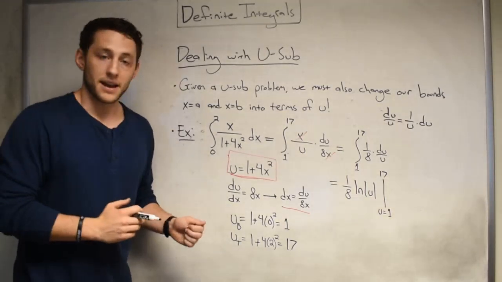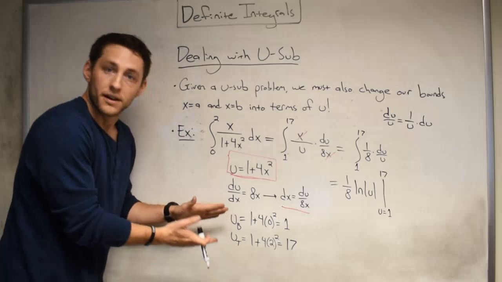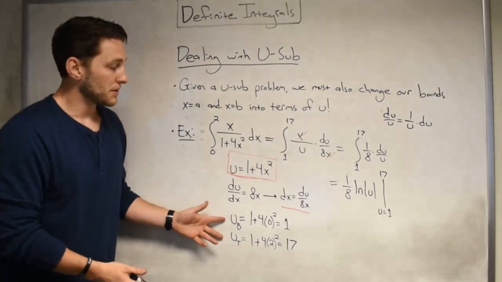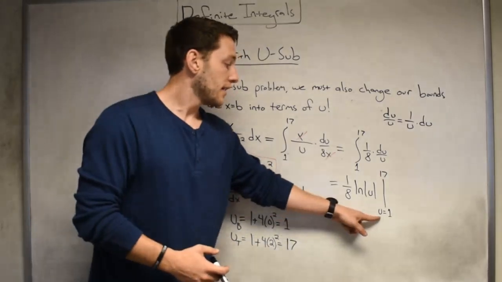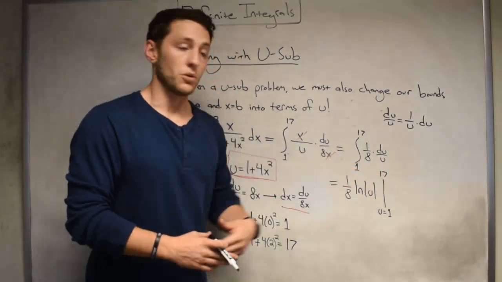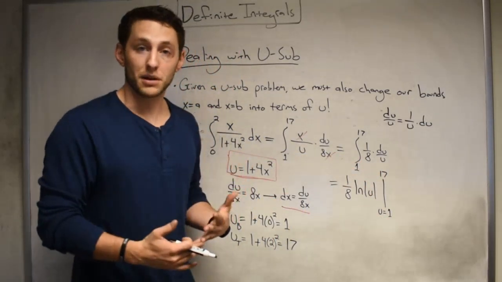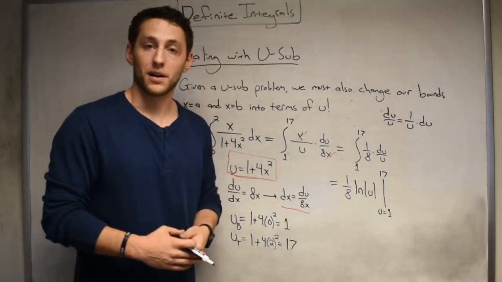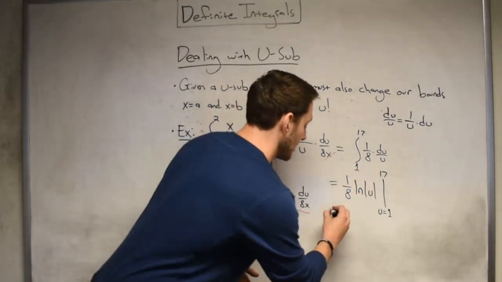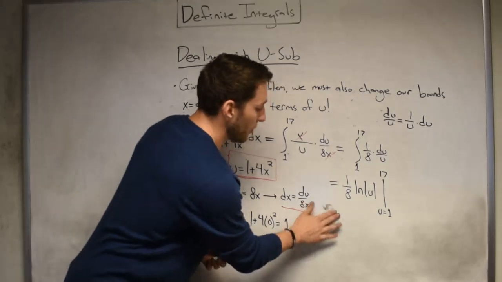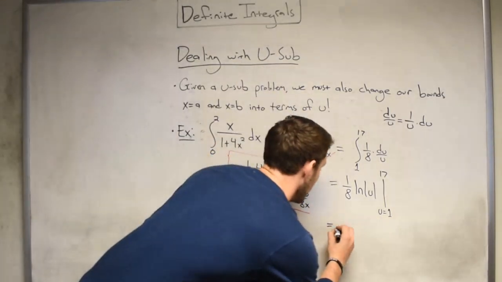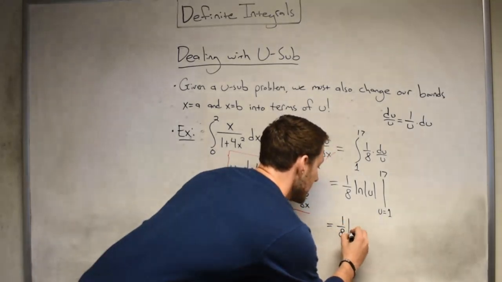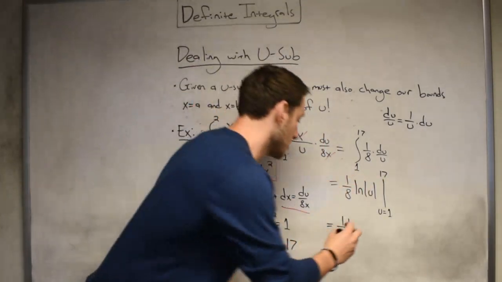Now the nice thing, this is paying a little bit forward. For instance, we have to do this algebra, which kind of stinks, but notice something over here. These numbers are in terms of u. We don't have to plug back in for x, for what u was, since we are just going to plug in these numbers. So therefore, all we do to solve the problem is plug in 17 for u, since that is in terms of u. We'll get